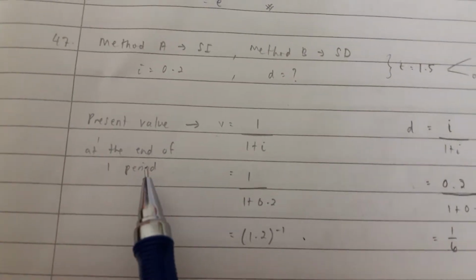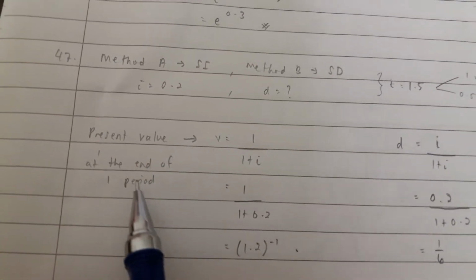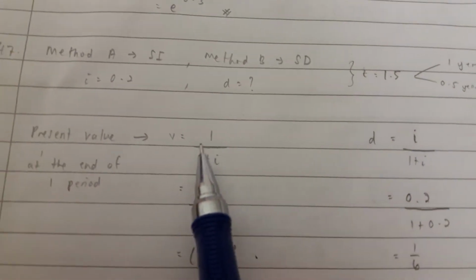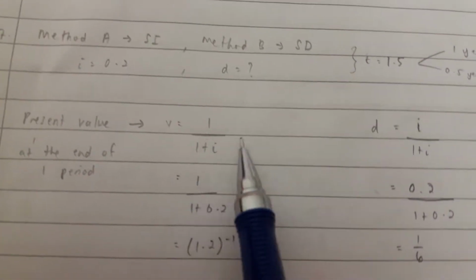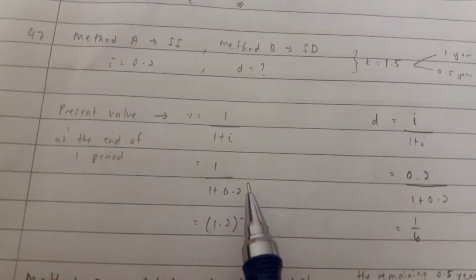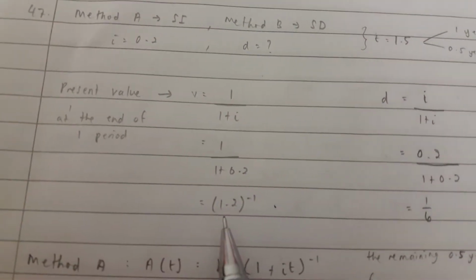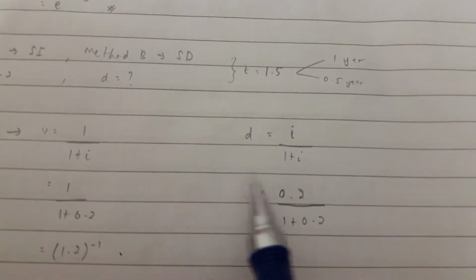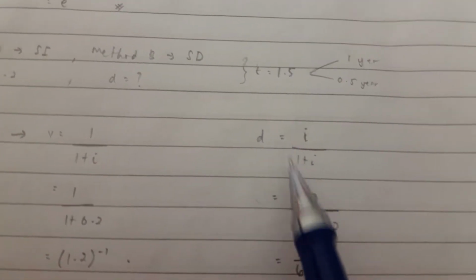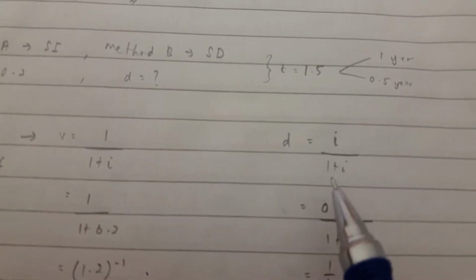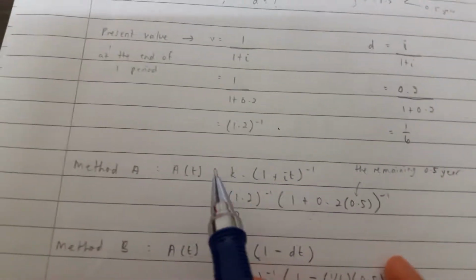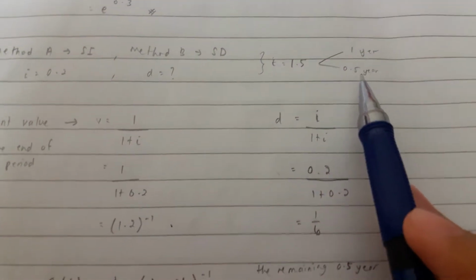Okay, and then first we'll find the present value for 1 year, and we use the formula V equals 1 over 1 plus i. Then we'll insert the interest, and we'll get for V 1.2 to the power of negative 1. And to find the discount d, we can find it as well by inserting the interest, 0.2 over 1 plus 0.2. Then we get 1 over 6. And for the remaining 0.5 year,